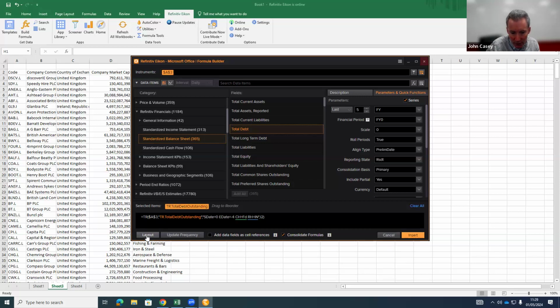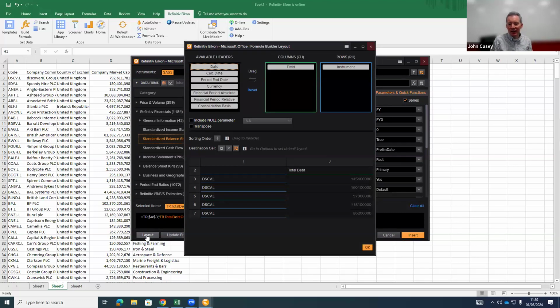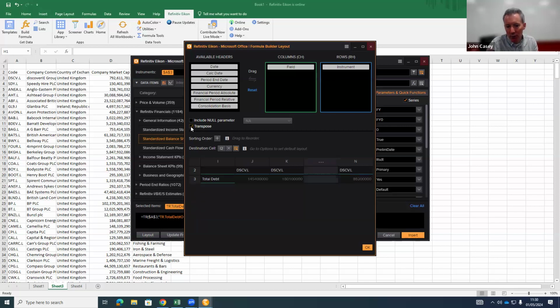What might help is the layout. If you hit layout, it gives an indicative layout as to what you're going to be gathering. You do have a bit of flexibility in how the data is going to look. I can transpose the data. Do I want it vertically or horizontally? I probably want it vertically. I want the instrument here. So if I swap,